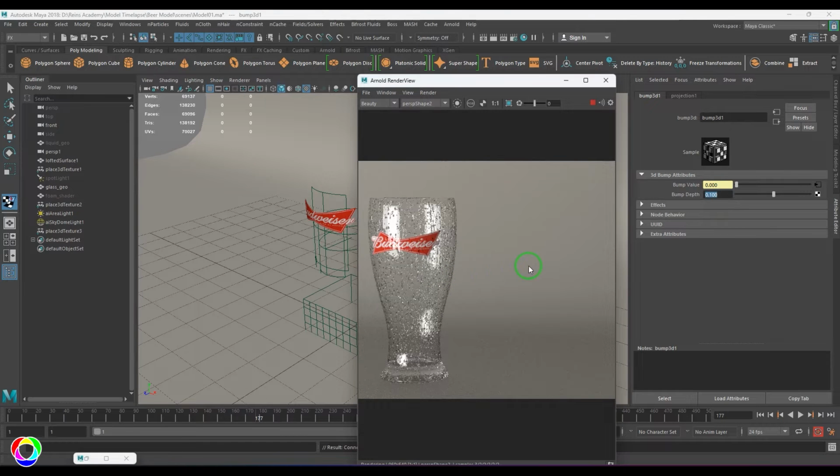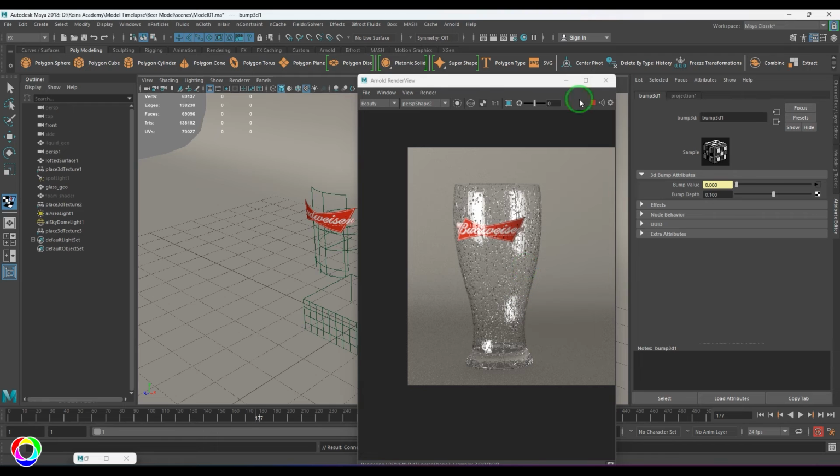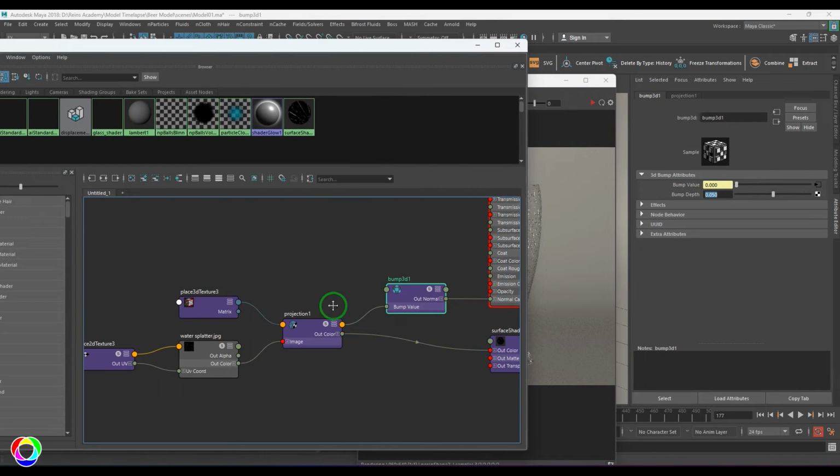So the bump amount sometimes may look too dominating. You can play with the values. Okay, so it should be very subtle, and I like that. Now what I'm going to do is take